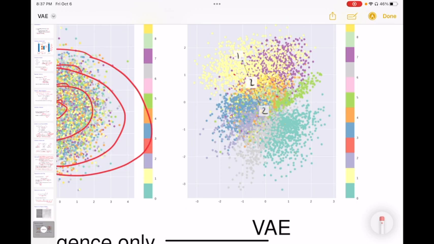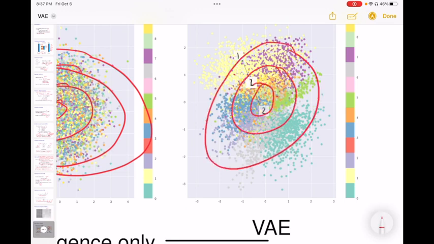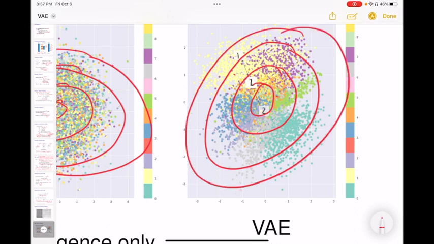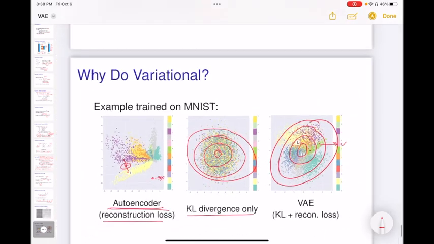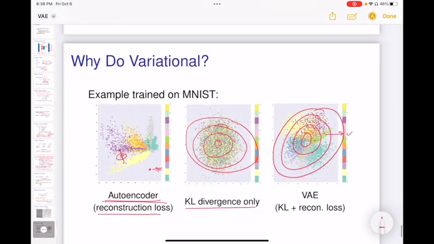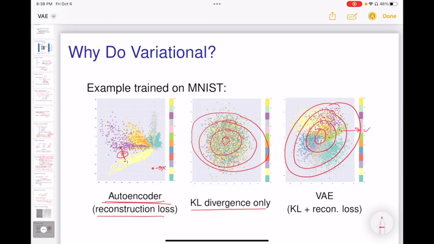Now, because we know what the normal distribution is, let me draw a contour plot of the distribution. Maybe the distribution looks something like this. Because we know what the distribution is, we can sample values from it, and most of these values will map back to real images. All right, so that's how a variational autoencoder works, and that's the use of a variational autoencoder to be able to generate large